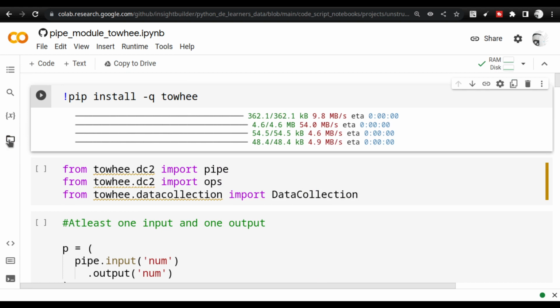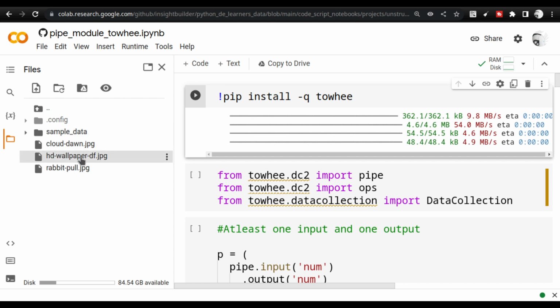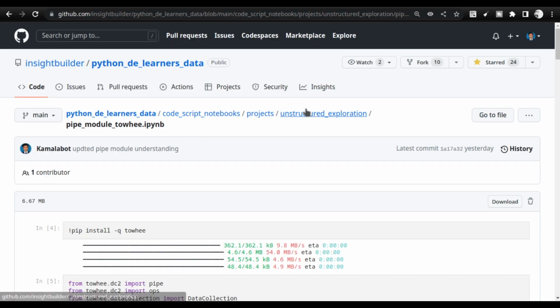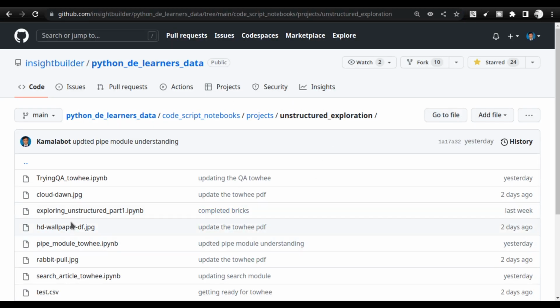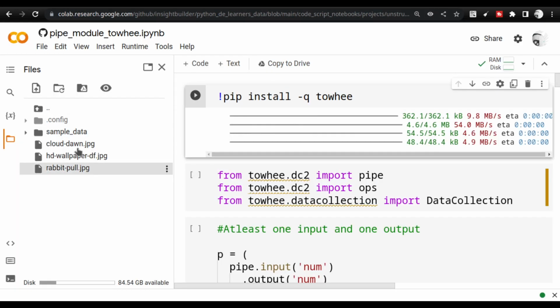Okay, before you execute it, you also need to get this data, these 3 images, the cloud and dawn images. You can get them directly from the unstructured exploration folder. It is already there. So you can download these images and then upload them here. All these images were taken from Pixabay. Leave a thanks to the Pixabay guys